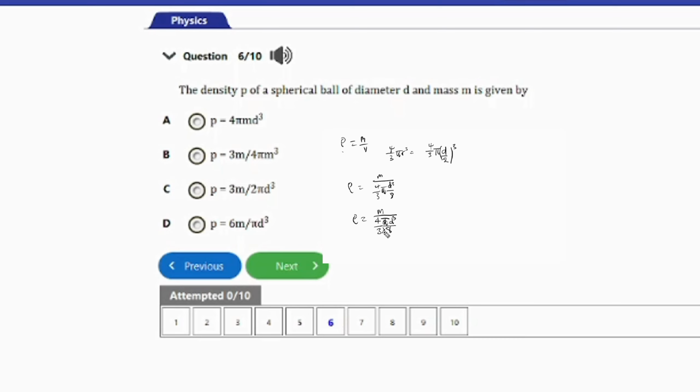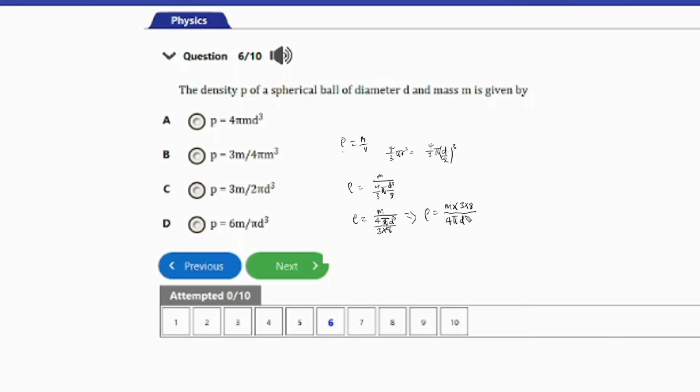So guys, if we change the sign of division to multiplication, we are going to have that the density is m times 3 times 8 over 4 pi